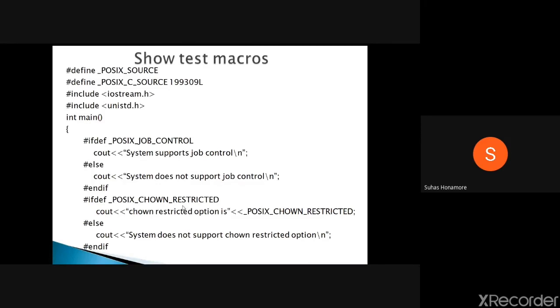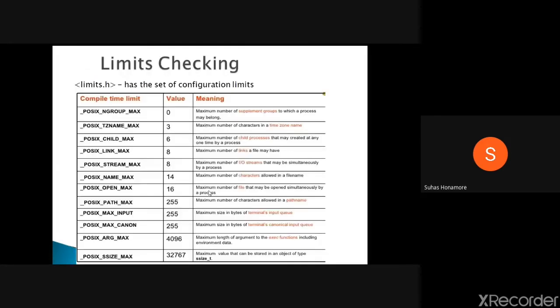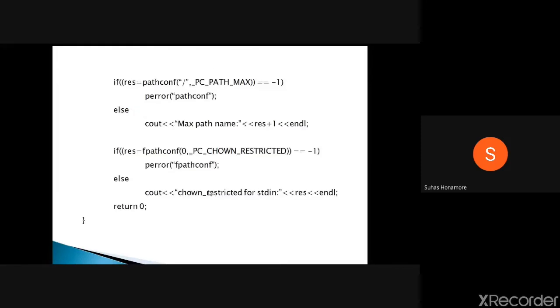So whatever we studied here, same thing. If it is a -1, some result will come. If it is not -1, some result will come. Here we are saying it is related to that value we will get. So what is that value, we will just get it. If it is a -1, it means the user may change the ownership. If it is not -1, it means a different thing.